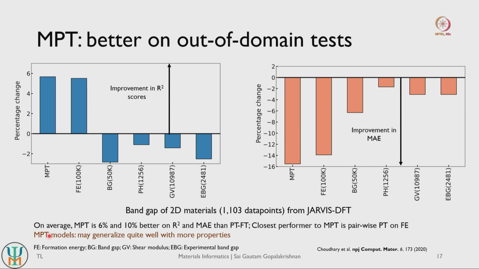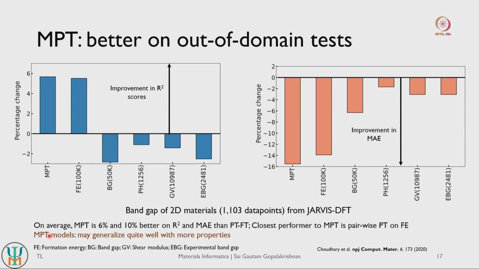So we see that MPT models give the best performance when you are exposing your pre-trained models to out of domain tasks. And hence this provides us a strategy to create fairly generalizable models, right. Here we have considered 7 different types of material properties to do our MPT. If we include more diverse material properties, perhaps we will get even better performance, even better generalization than what we have observed with our MPT models here. So in other words, we have found a more systematic way to create more generalizable models with our MPT framework.